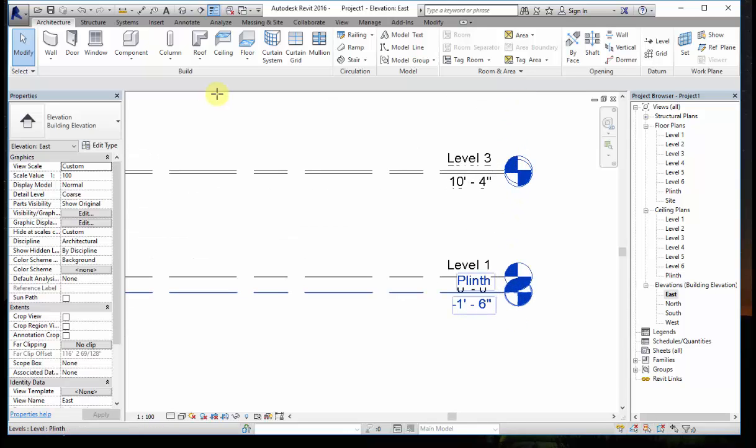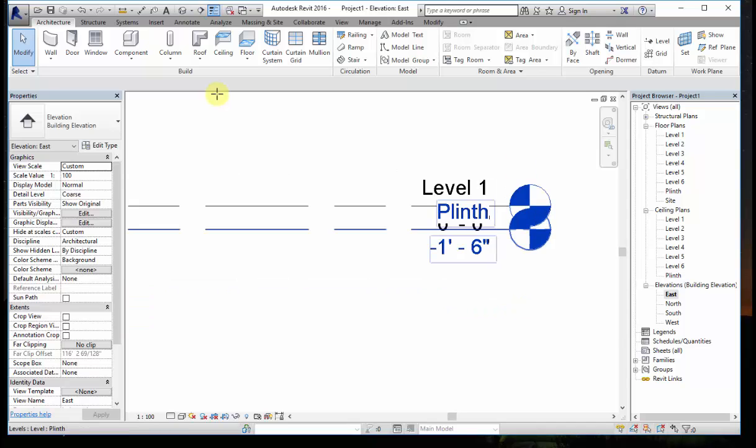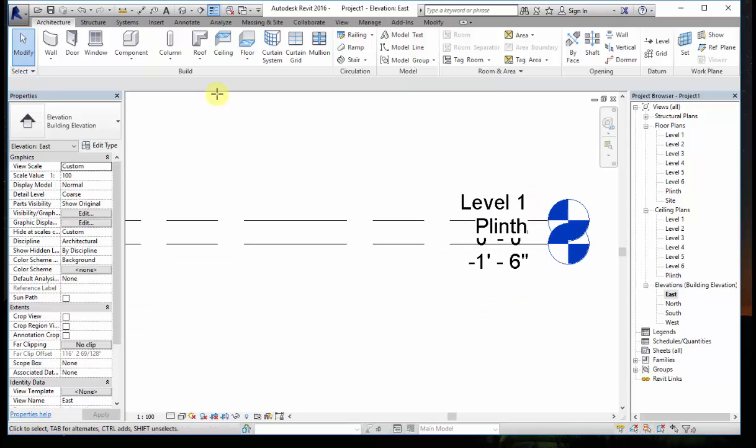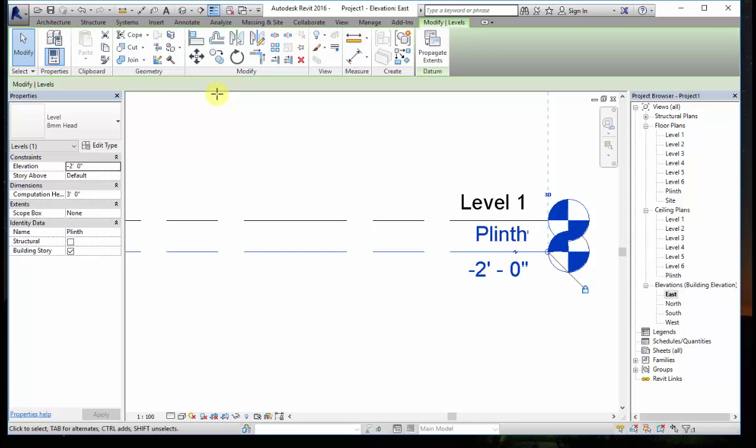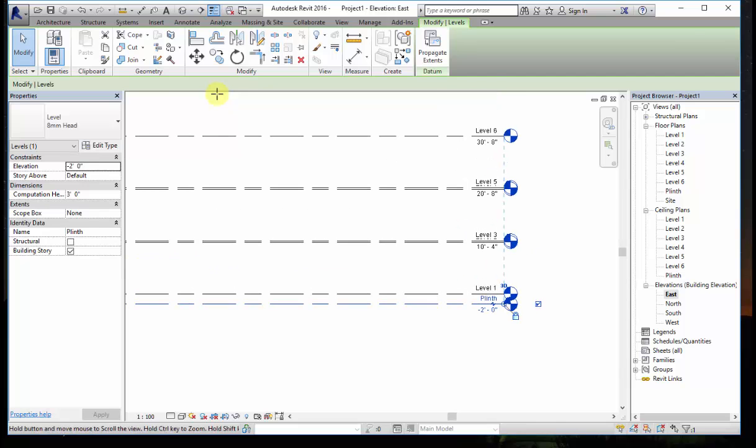Not only the name, but you can change the values as well. So now, if by mistake you have given the plinth height as 1 feet 6 inches, but actually you wanted to give 2 feet. If suppose I select and delete this level, my level 7 will be gone, and directly I'll get my level 8 over here. So here what I can do is, I will select this and again click on the numerical value, erase it, give the value as -2 feet and click on enter. You can see even the spacing has changed automatically by itself.